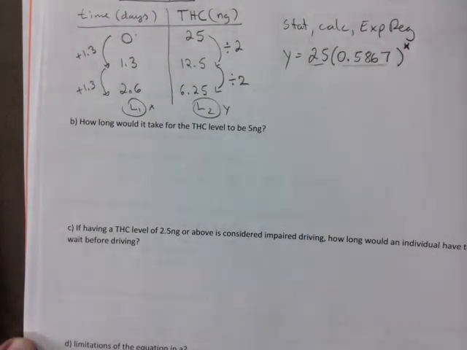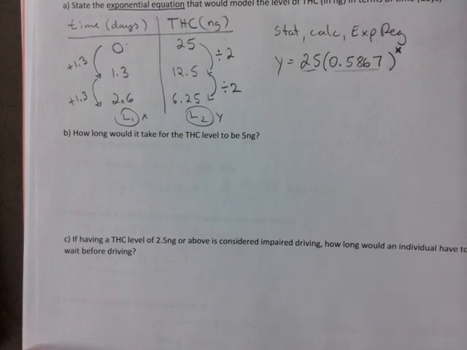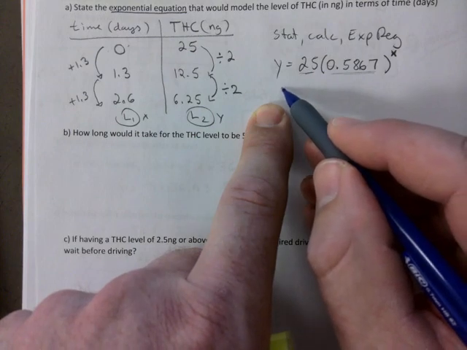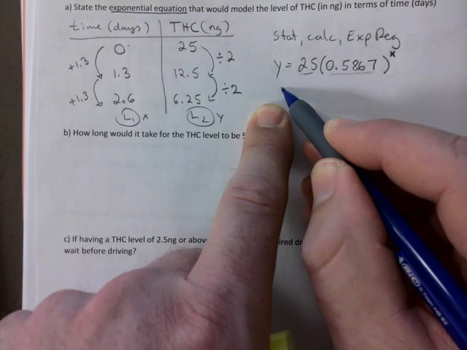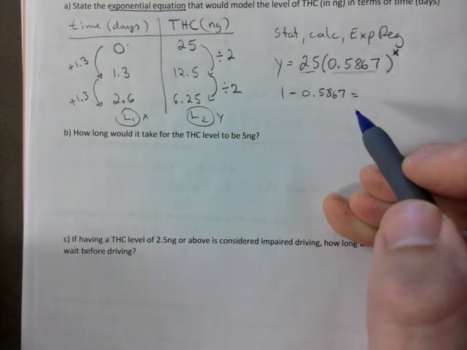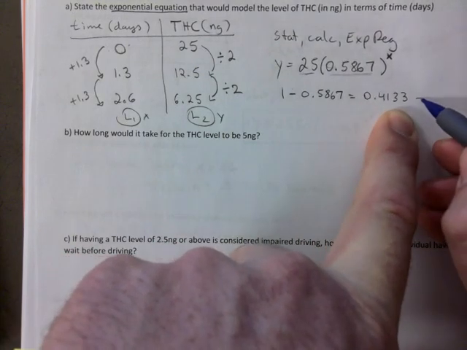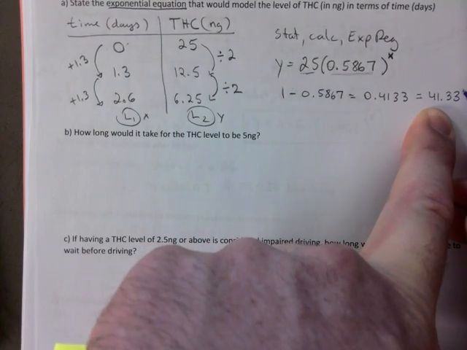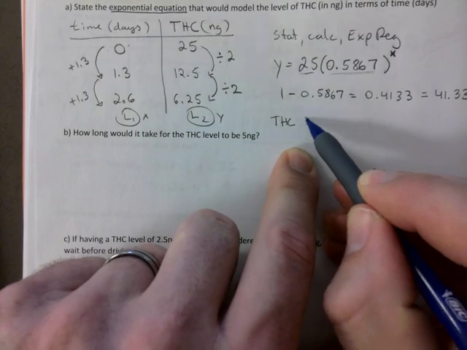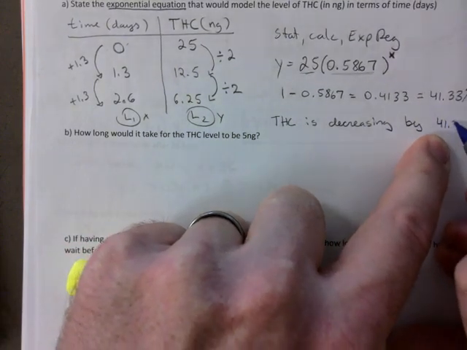How long will it take for the THC level to be 5 nanograms? I'm thinking if I should talk, I will give you a bit more here. What does this mean? Okay. If you go 1 minus that, you get 0.4133, which is the equivalent of 41.33%. What is this? This is telling you that the THC is decreasing by 41.33%